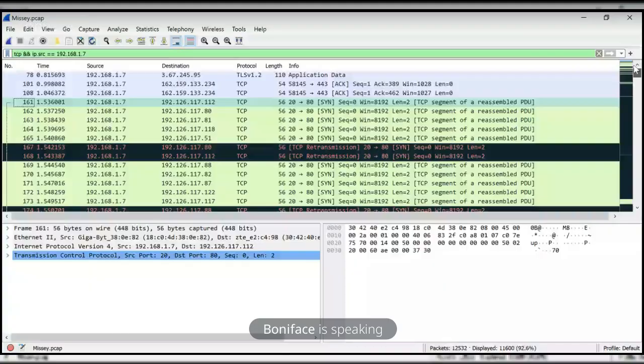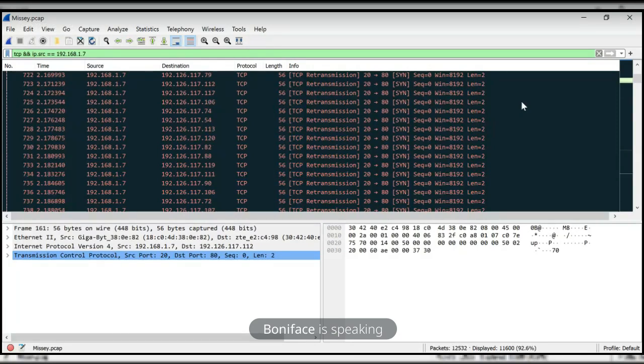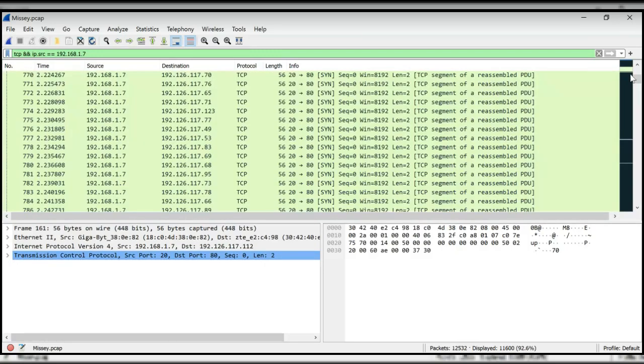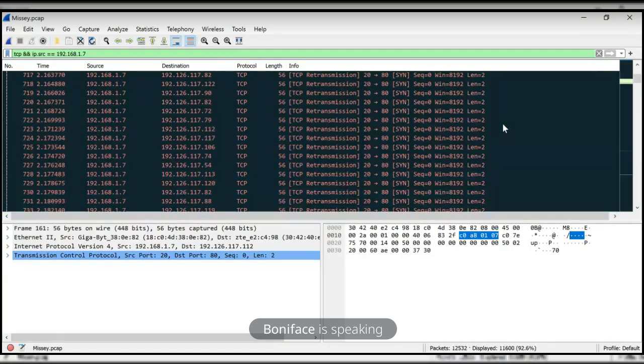Now, what is interesting about this? The packets are still plenty, right? We keep checking. One thing you should observe about these packets that are indicated in black, it means they're actually bad packets. Now, we have a whole lot of packets still, even after filtering. After filtering just the TCP packets